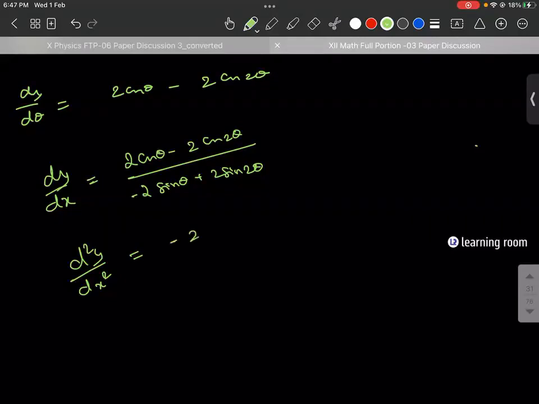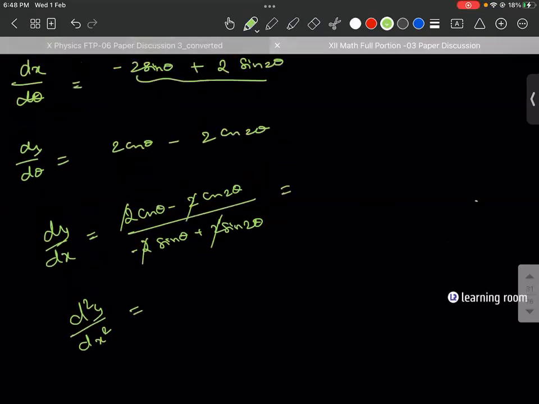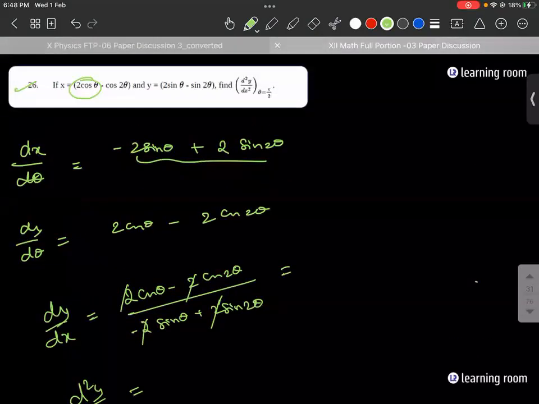Sir, I took the 2 outside from denominator and numerator, and then I have used the cos A minus cos B formula. Okay, you did cos A minus cos B. That is also right. Whatever you do, you get this answer. Yes, sir. One minute. When we substitute pi by 2,